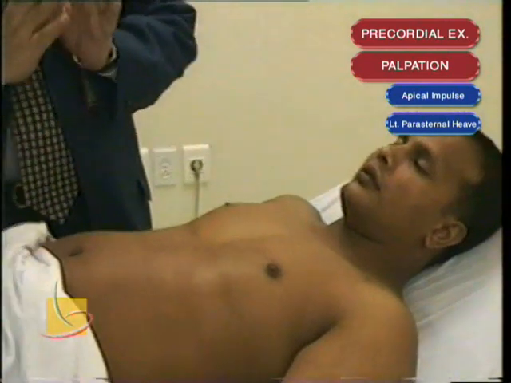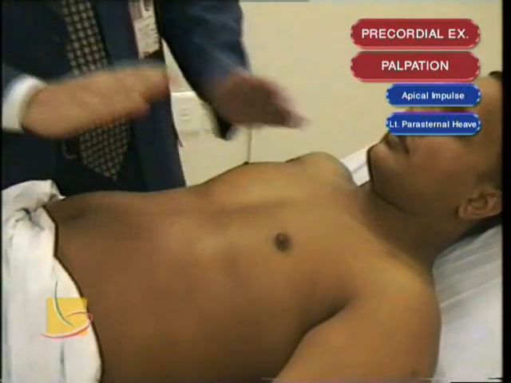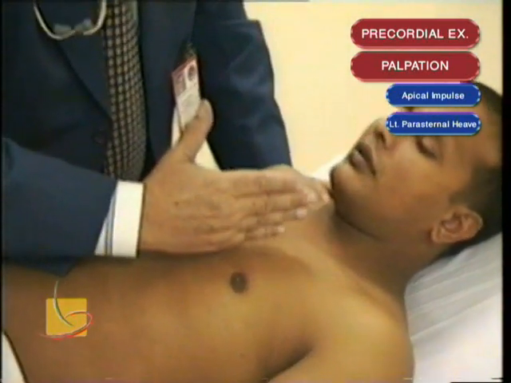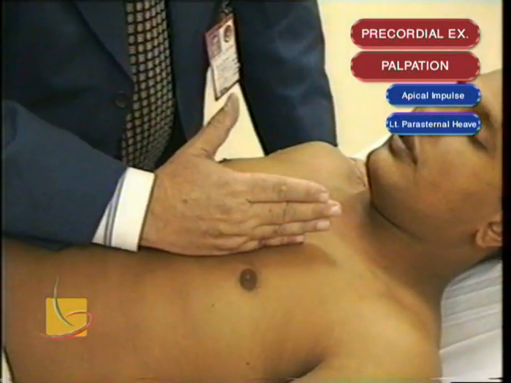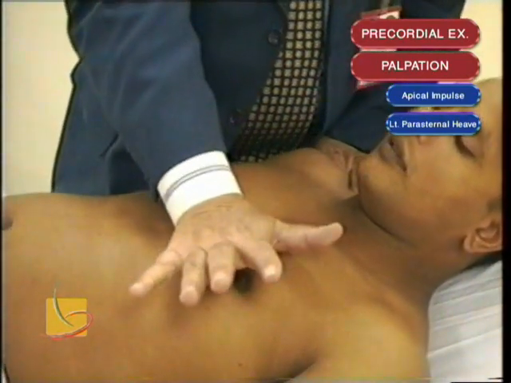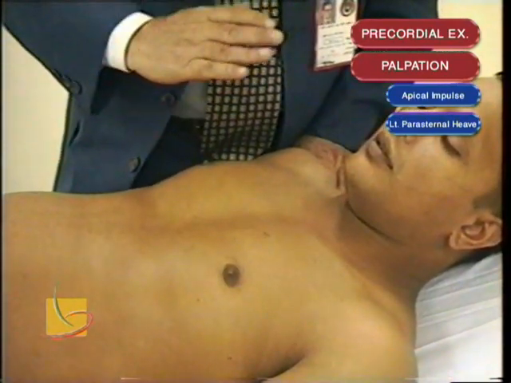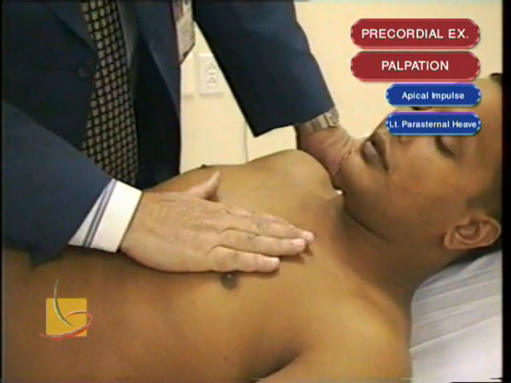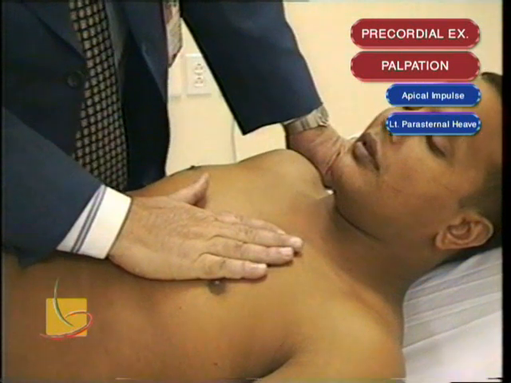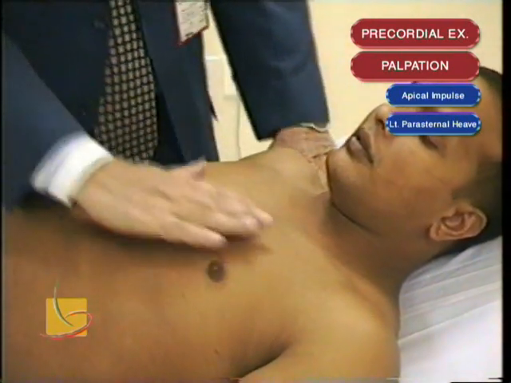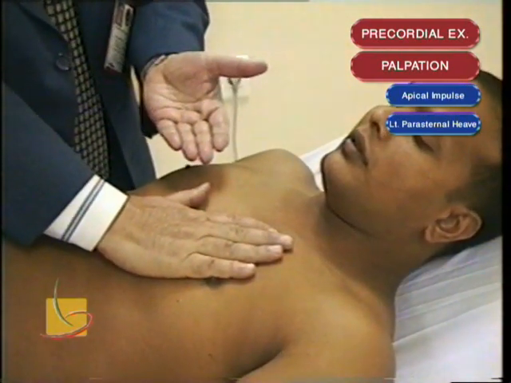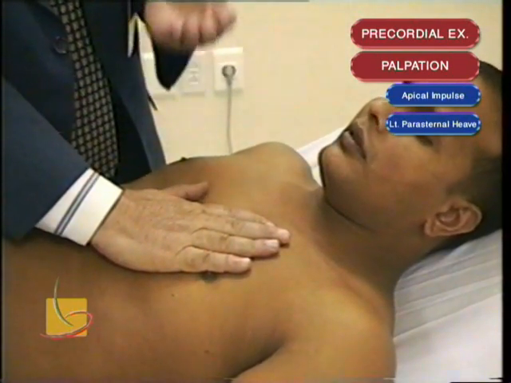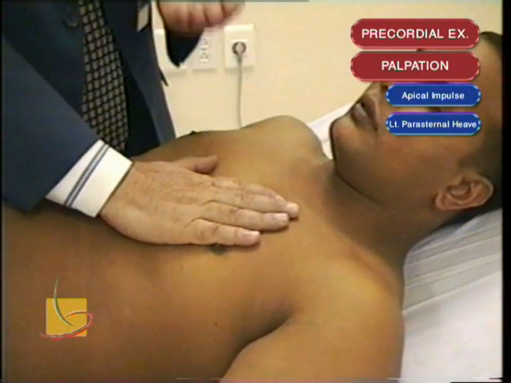or the parasternal area by the palm of the hand like this, or by the border or the edge of the hand like this, or by the heel of the hand like this. Whatever you like. You have three methods to palpate the left parasternal area. I myself prefer the palm of the hand vertical like this, to feel if there is a left parasternal heave or not. If something is lifting your hand up, and in that case,